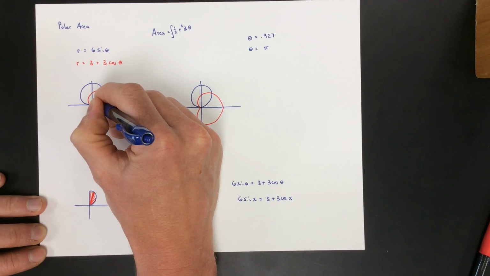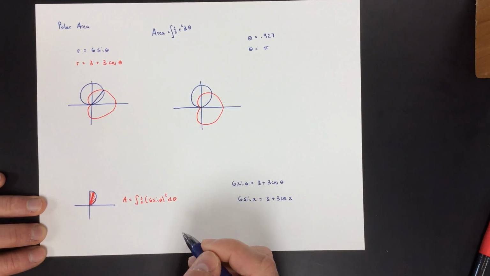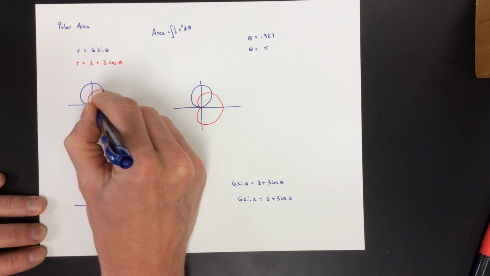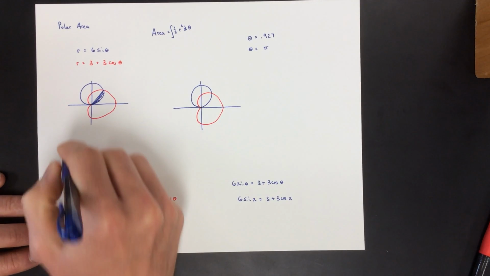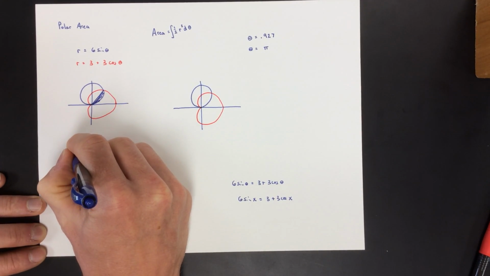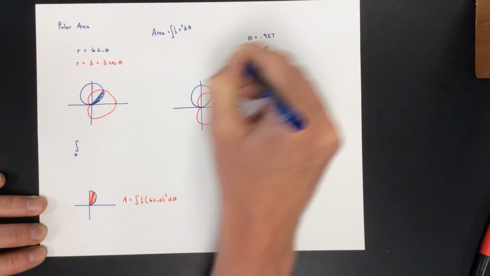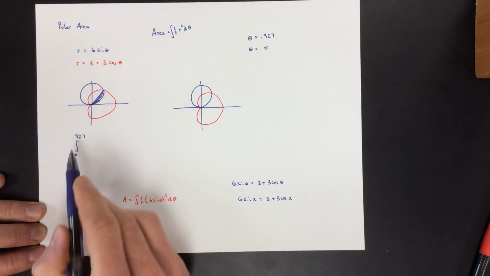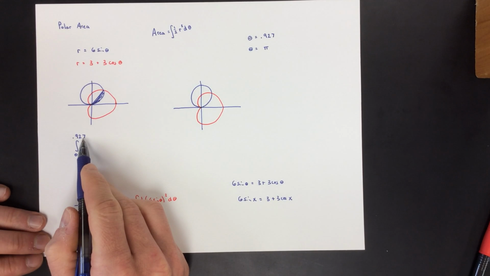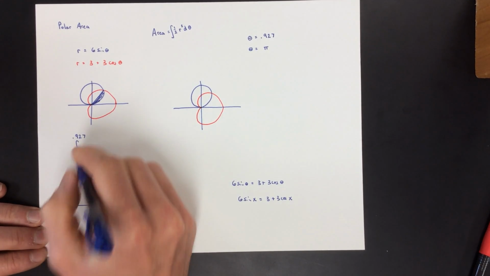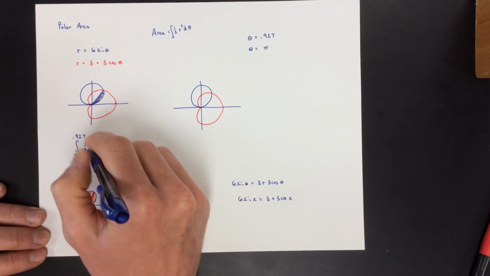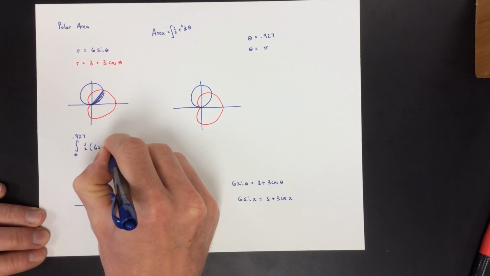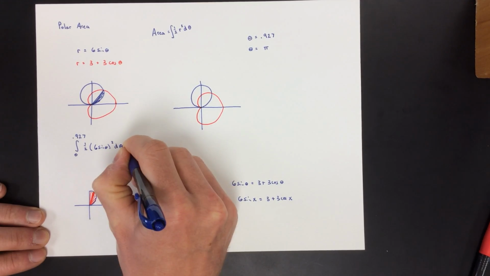The first part is summing up these sectors from 0 to the intersection angle, 0.927 radians, which is like 50 or 55 degrees. So 1/2 r, in this case using 6 sine theta as your r value, d theta,